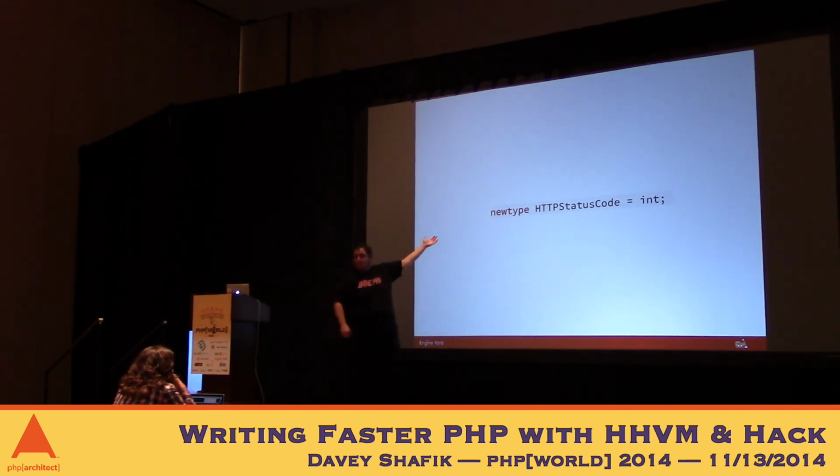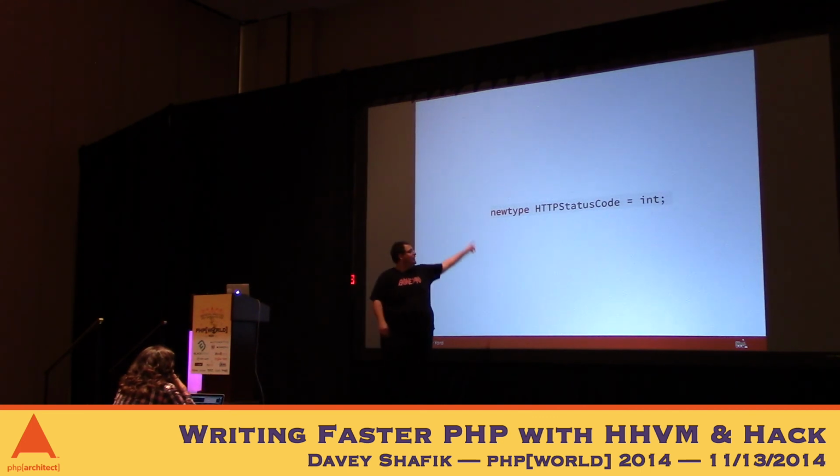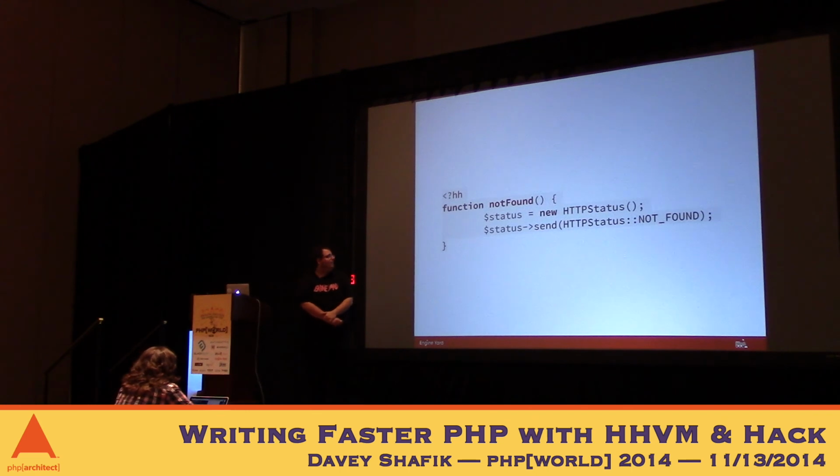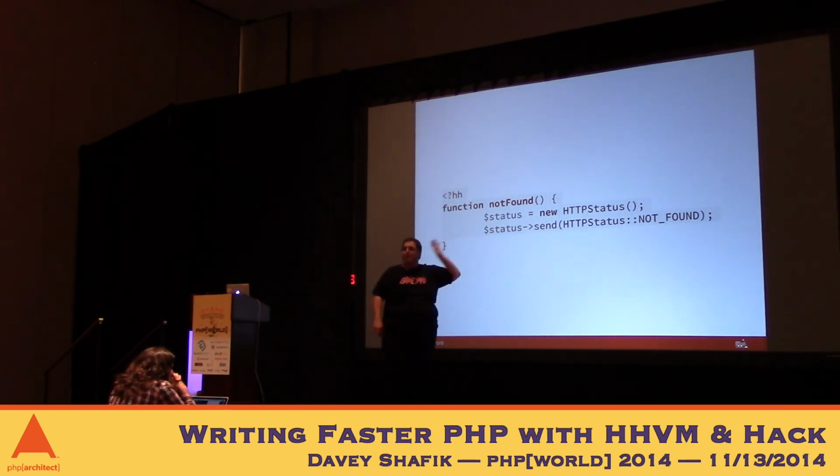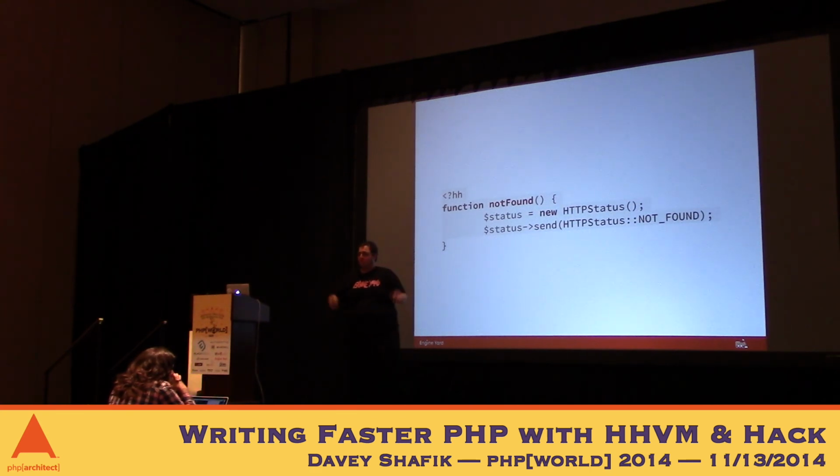So here we just changed our type HTTPStatusCode int into newtype HTTPStatusCode equals int. And if we tried to pass in 404 here, it would give us an error in the static analyzer. Instead, we have to pass in this typed item right here. That was our constant from our class before. So what this allows us to do is just ignore the check. We know that this has been defined somewhere as an HTTPStatusCode, and it's fine to go through. So we just remove a whole bunch of logic. It's great.